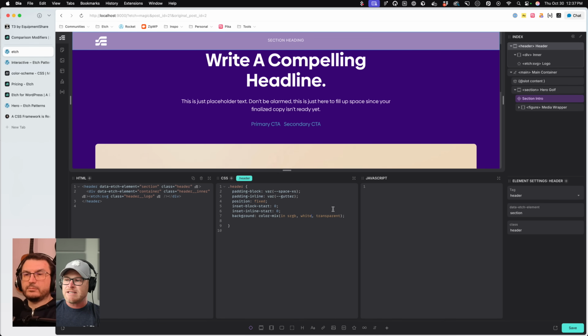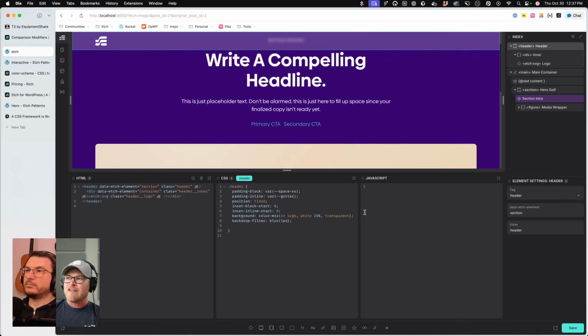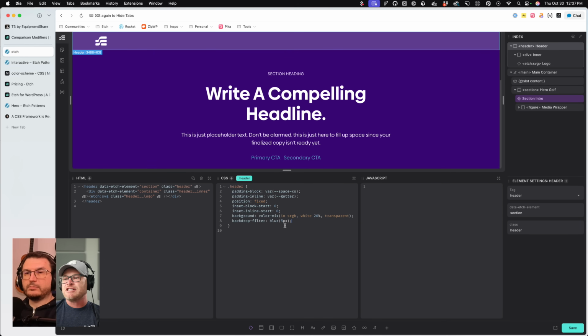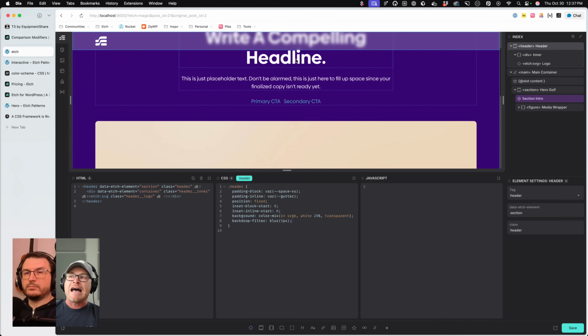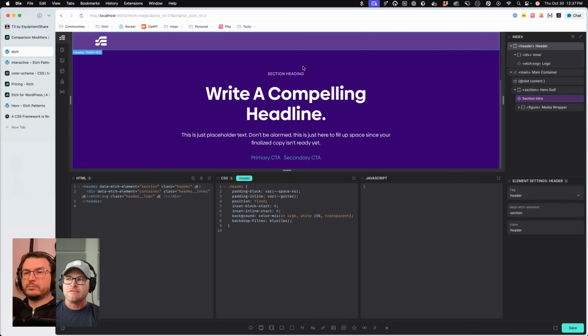All right, so we're gonna do white, and then you just determine how much white do I wanna mix in to the transparency. So that's 20%, 30%, 20%, okay? And then what I need is a backdrop filter, blur, 5 pixels, so now it's blurry, okay? So you see, it's just a couple lines of CSS, and now you have an overlay header with a color, and it looks like glass when you go up and down the page. It's not super difficult, right?